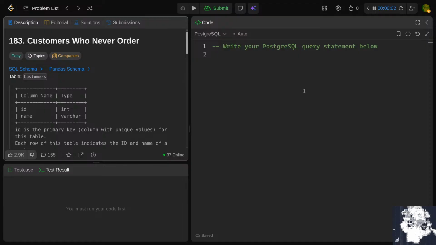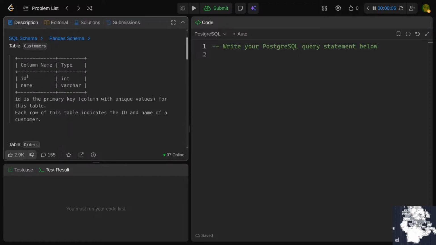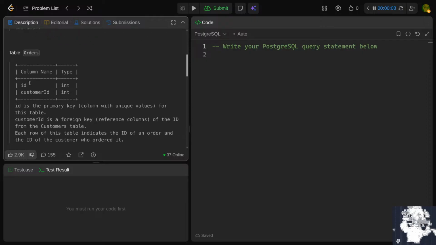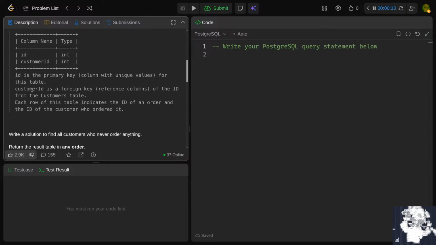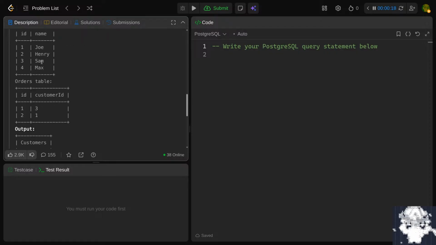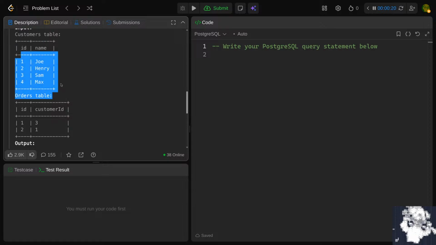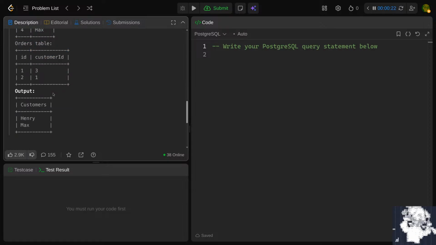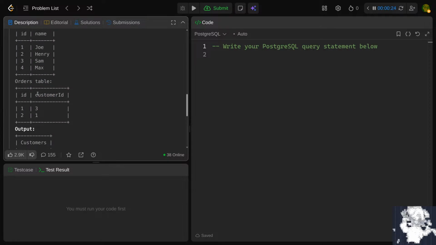Number 183, customers who never order. Table customers has ID and name. Table orders has ID and customer ID. Write a solution to find all customers who never order anything. Return the results table in any order. So if you have these customers and these orders, the output is Henry and Max, because there's nothing in the order table